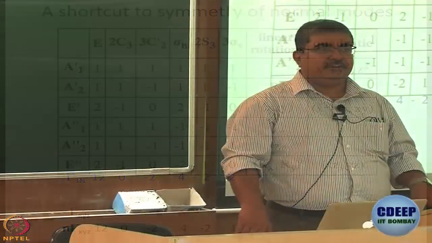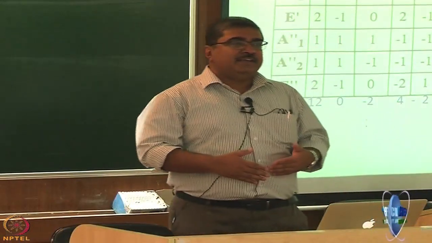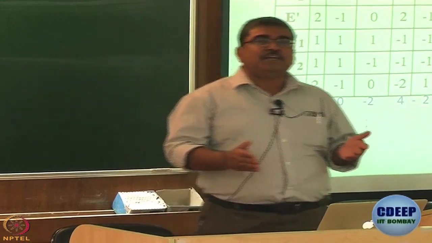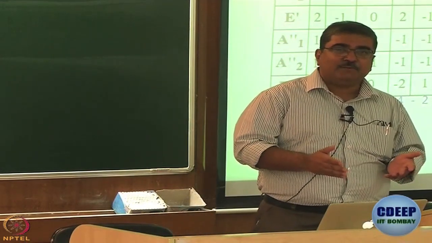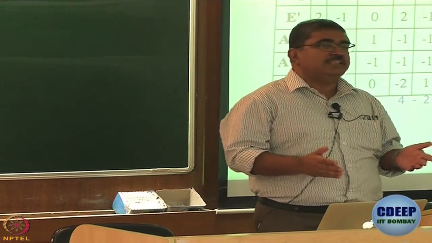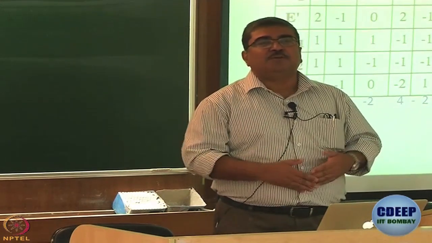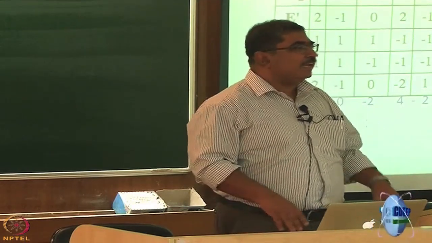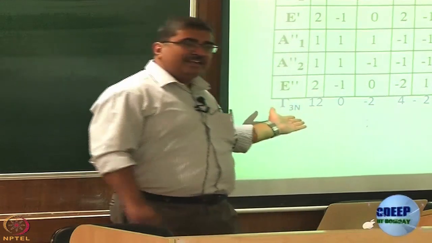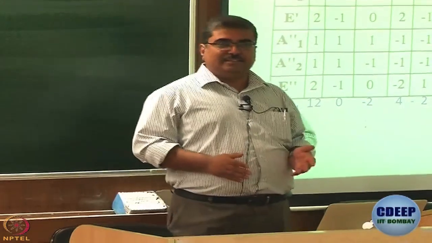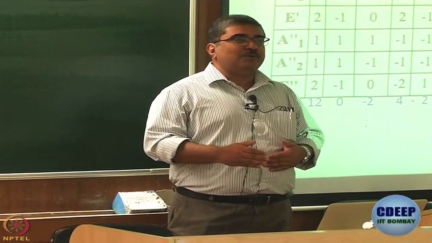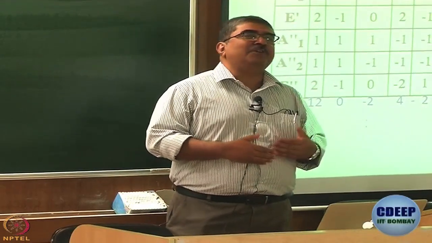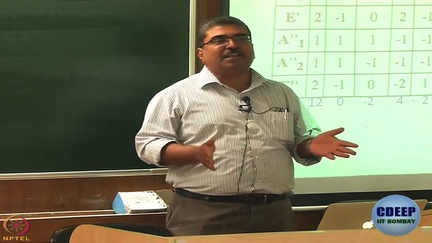Alright. So, if you remember, in the last class we took maybe 20 minutes to understand C3, what happens in C3, what is the character for C3, and then in 15 minutes we could work out all the other characters. Today we are going to learn a trick that will let us arrive at this gamma 3n without even having to do all that. Okay? And of course, once we know the trick, it is a black box. But the issue is that we should know how we arrived at the black box. That is what we are trying to do right now.